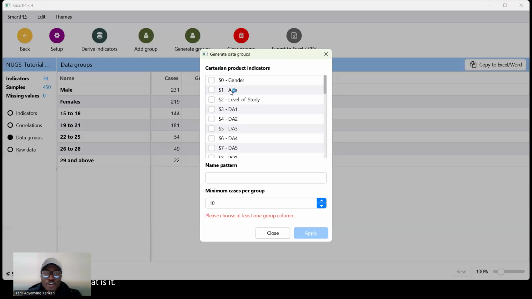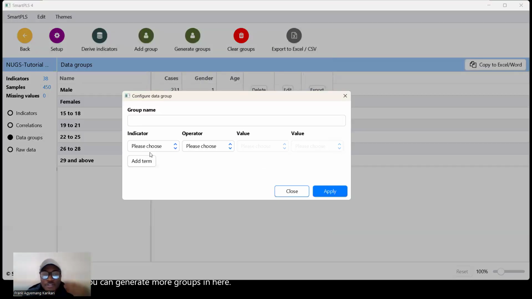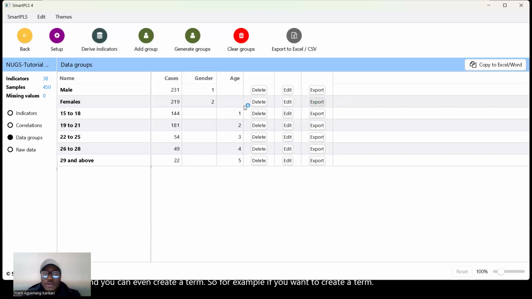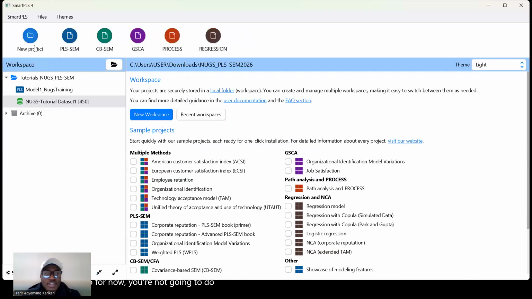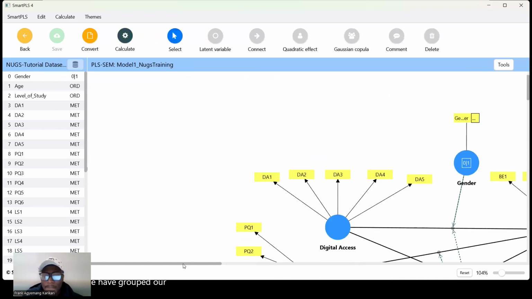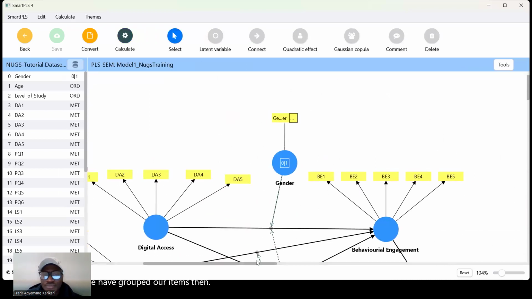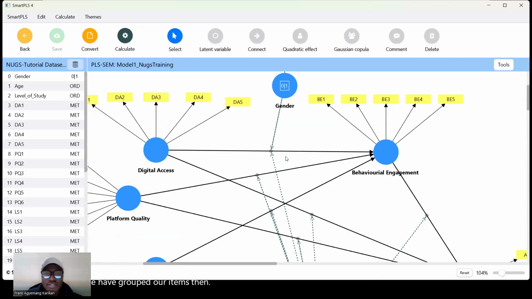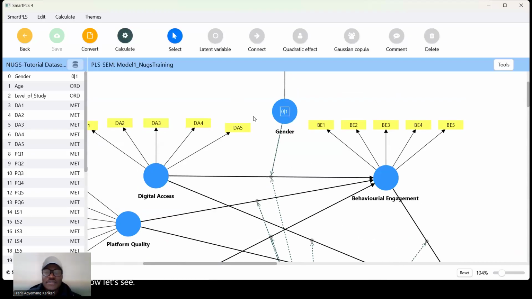We can generate more groups in here and we can even create a term. So for example, if you want to create a term, so for now, we're not going to do that. Let's go back. You have grouped our items and then now let's see. Now that we have the groupings, if you want to see